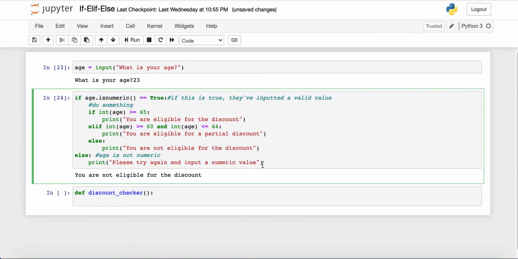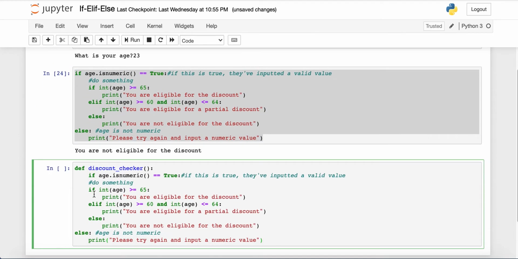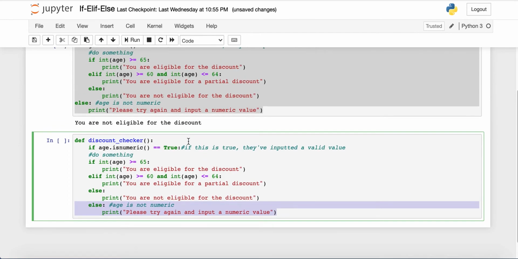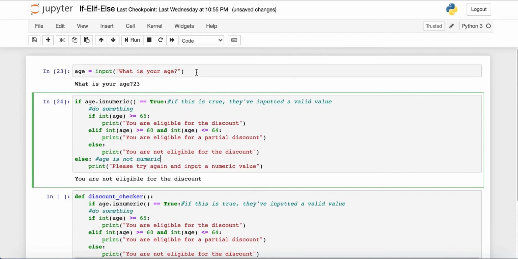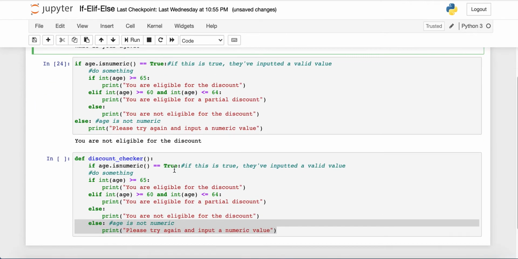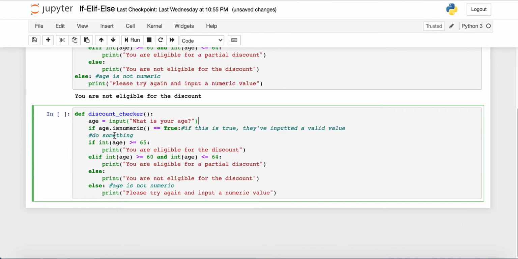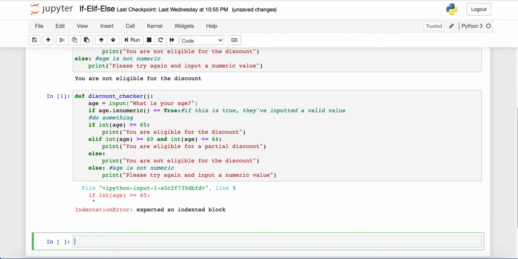So to place code inside of your function, you can just paste it in. And our indentation is a little off here, but remember in the last video we talked about how you can do command and then close bracket to indent some code. And we also want to get the age in the function, so we'll add this line at the start of our function. And now we have this function called discount checker, and when we run that, we get an error,